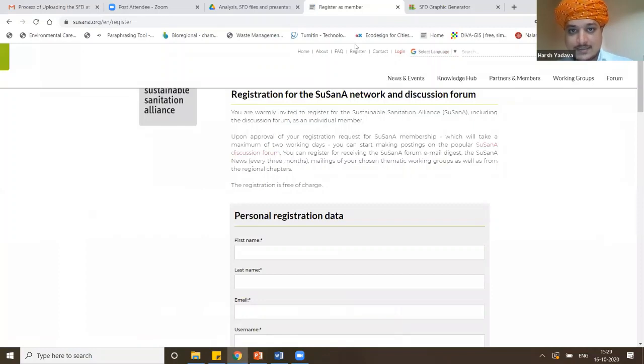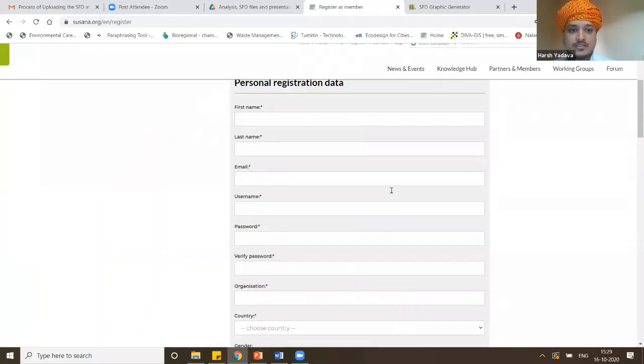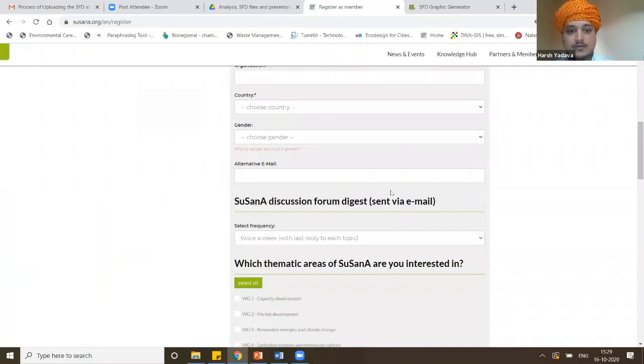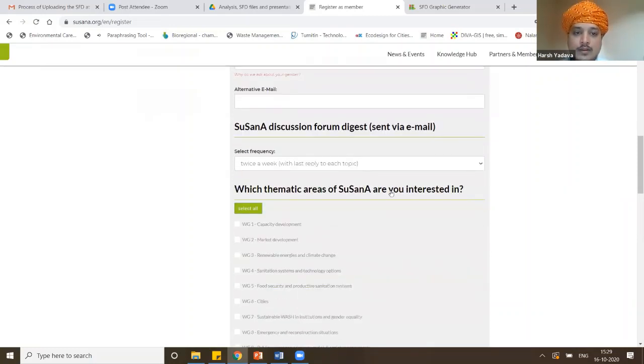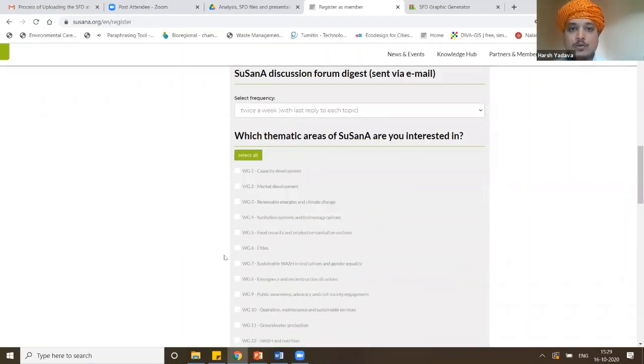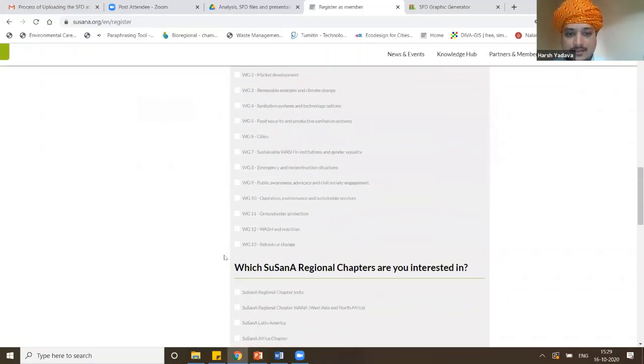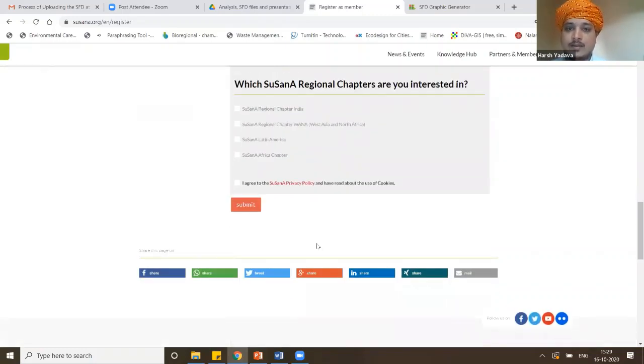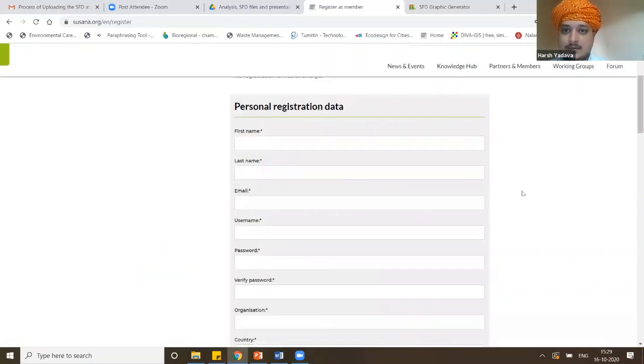In registration, you can see a small pop-out column with a few questions: what kind of stakeholder or member you want to be, and how you want to get support or how you want to support. Then there are some simple questions which you can fill up and register.